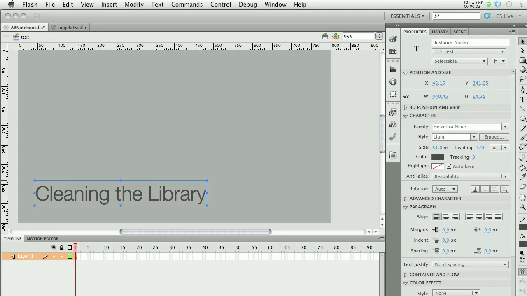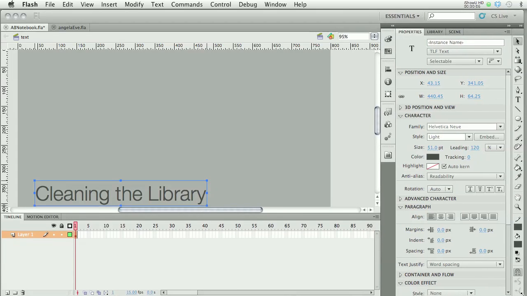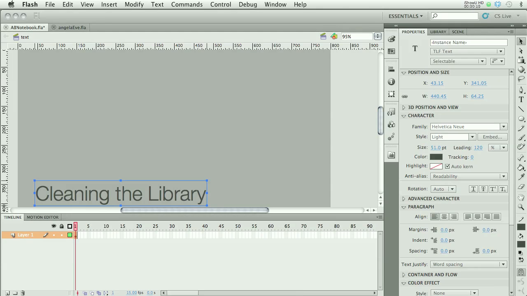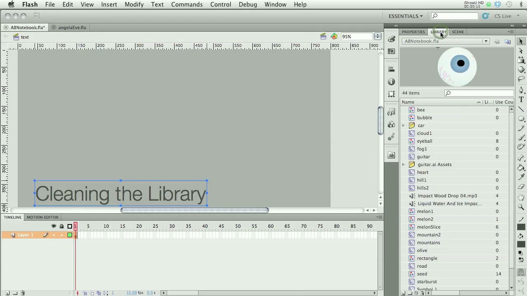In this movie, I wanted to talk a little bit about cleaning up your library. It's one of the requirements of your notebook, and it's also just a good general practice when you're working with Flash. So if I look at my library now, I've got quite a bit of stuff in it, and sometimes